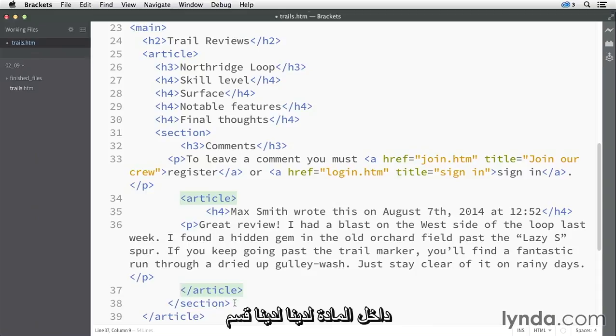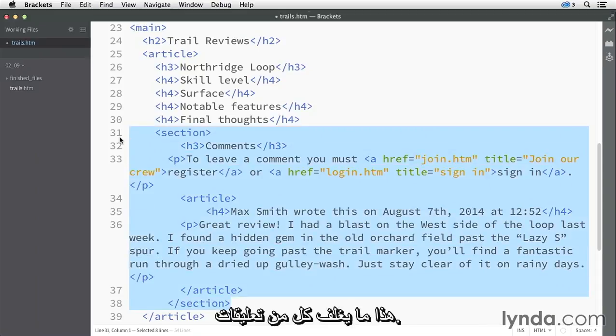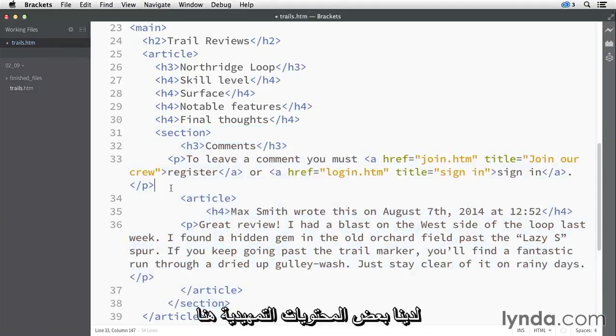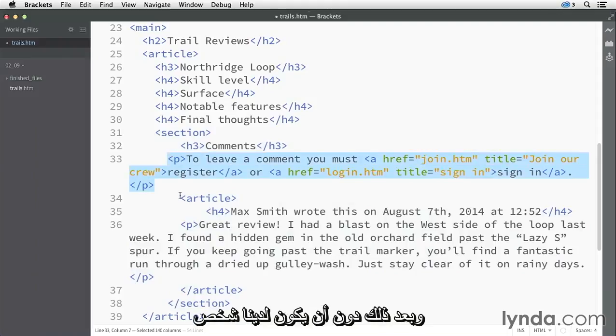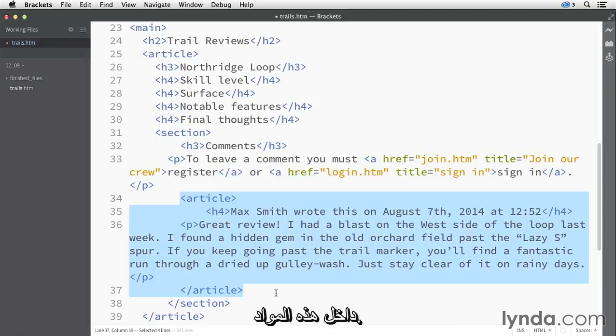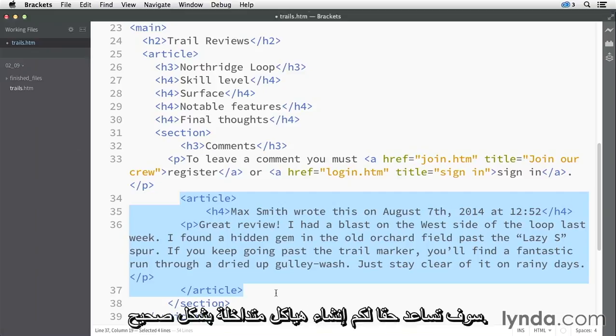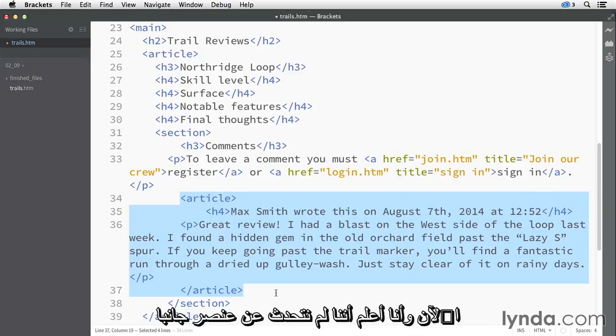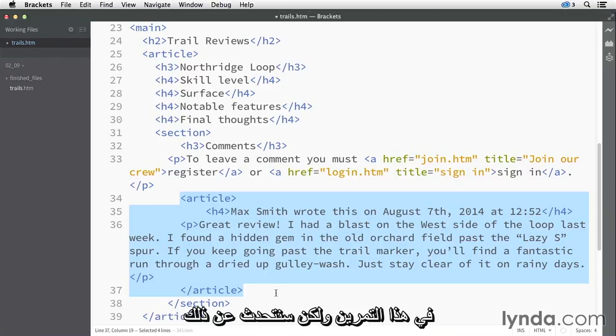Inside of our article, we have a section that's encasing all of our comments. We have the comment header, which identifies the section. We have some introductory content here. And then below that, we have the individual comments themselves, which will all be nested inside of these articles. So understanding the semantic differences between the article, aside, and section elements will really help you create properly nested structures. Now, I know we didn't talk about the aside element in this exercise, but we will talk about it later